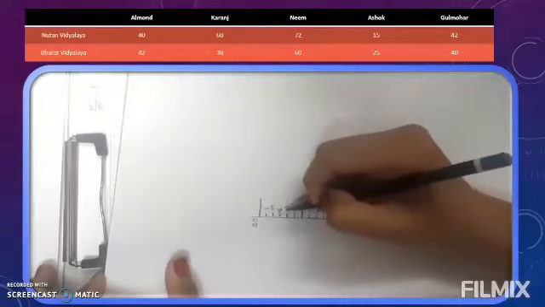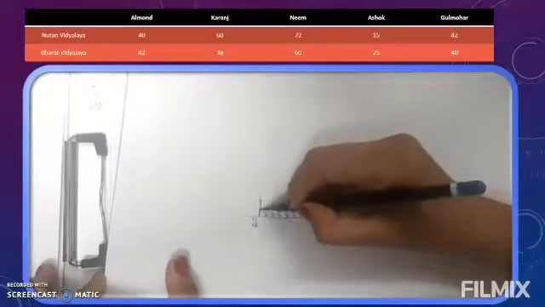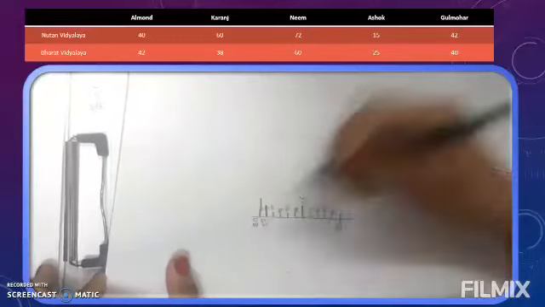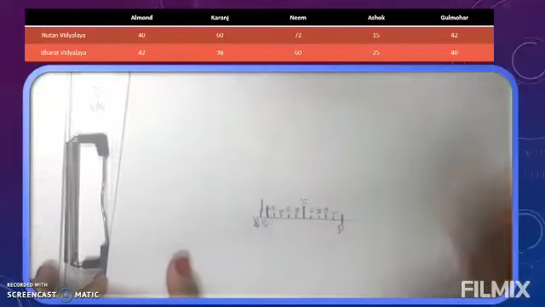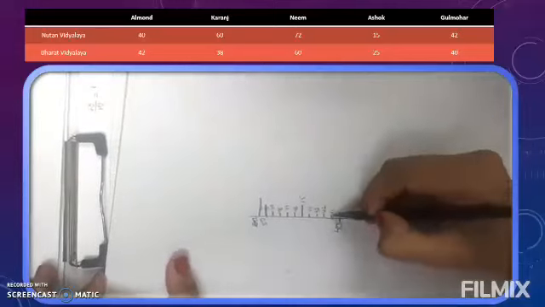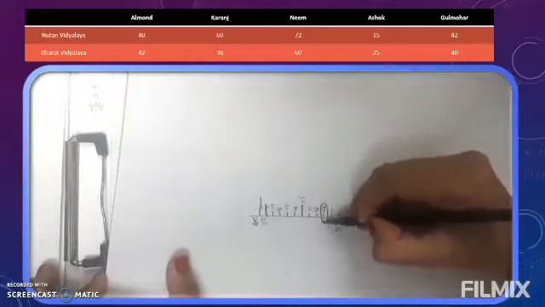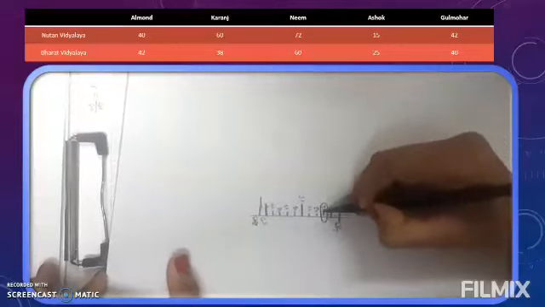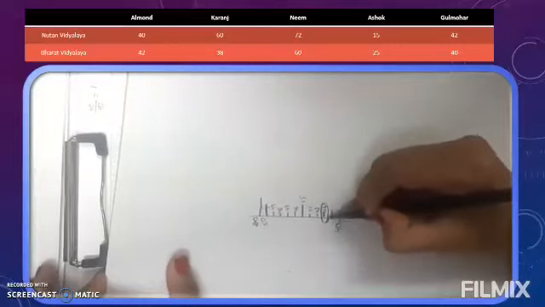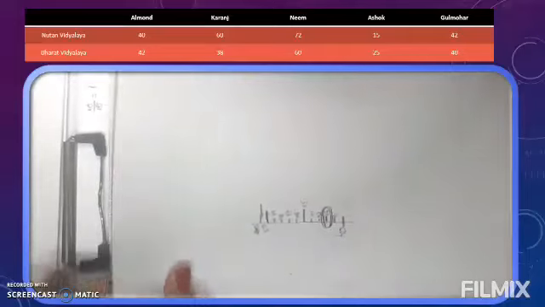Sorry, I made a mistake. 45, 46, 47, 48, 49. I had drawn one extra line. Here is 50. This is not 50, here I made a mistake. So like that we will get here 42 easily. So after 40, whatever the second thin line is, that line will represent 42.